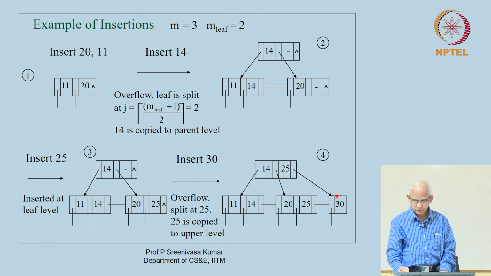And the new leaf has been created. So this 25 and the pointer to the new leaf will be passed up. When you insert 25, to its right you will insert this key, this pointer. So that will take care of this new leaf. Okay, that is how